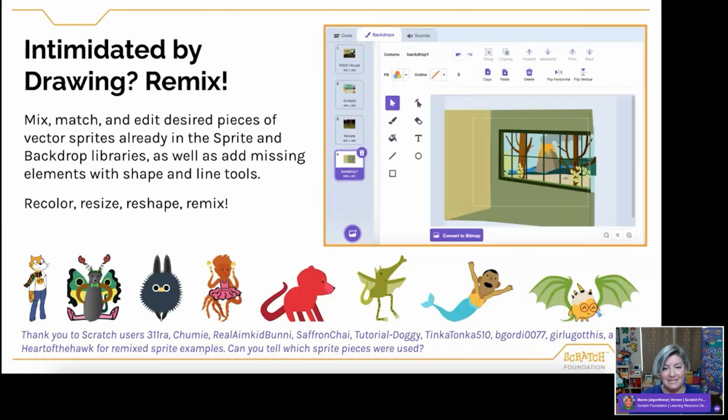So try remixing, grab pieces from other sprites, throw them together, and create this new thing. For those who may have been around Scratch a ton, perhaps some of these parts will look familiar to you. See if you can identify what parts are unique, what parts are new to you, and it's such goofy fun. So definitely something I encourage, and you can use that for the backdrop or for the sprites.